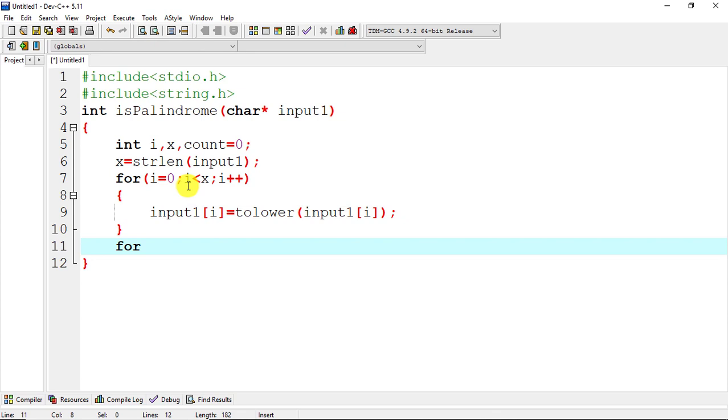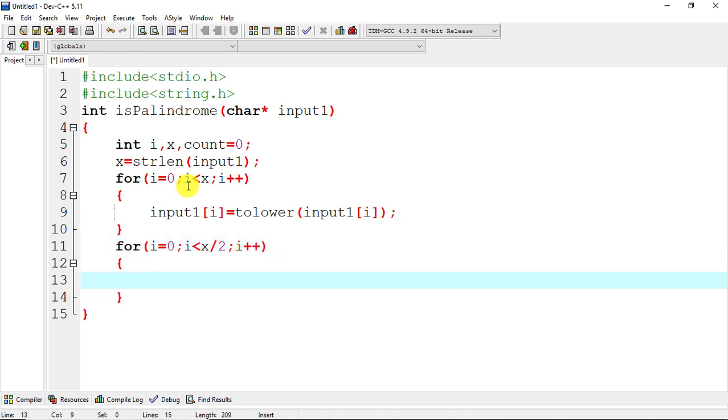Now we will again take a for loop for i equal to 0, i is less than x by 2 and i plus plus. Now we will add the condition if input 1 of i equal to input 1 of x minus i minus 1.